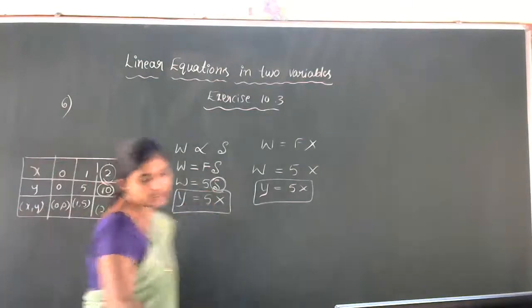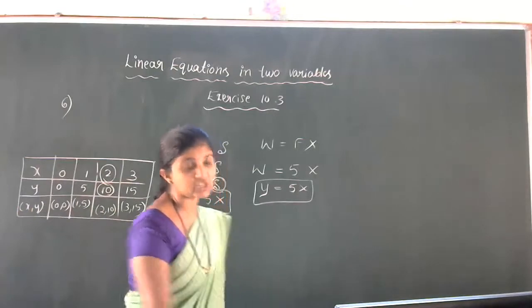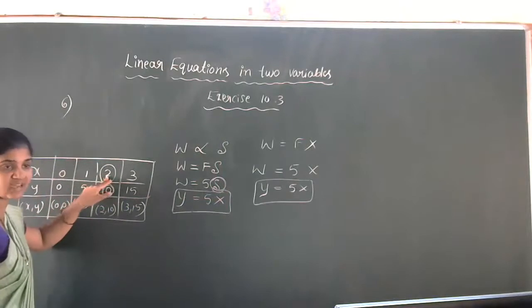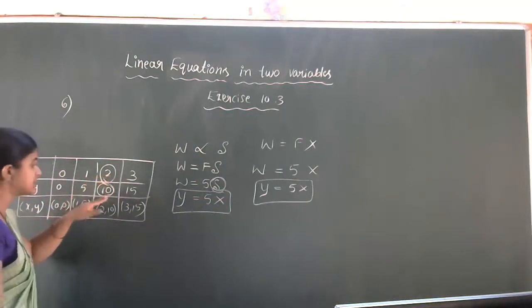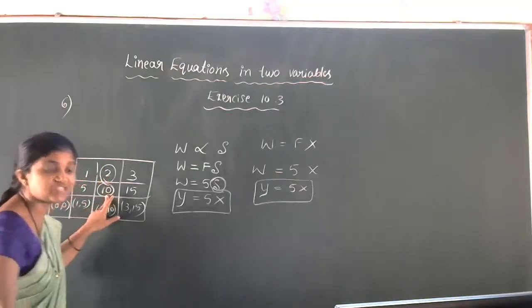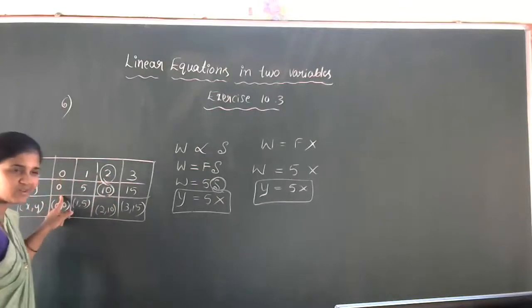See here, also read from the graph that work done when the distance traveled by the body is 2 units. If x is distance traveled by the body, if the distance traveled by the body is 2 units, then the work done is 10. Okay, next second question, 0 units. If the distance traveled is 0, then work done is also 0 only.